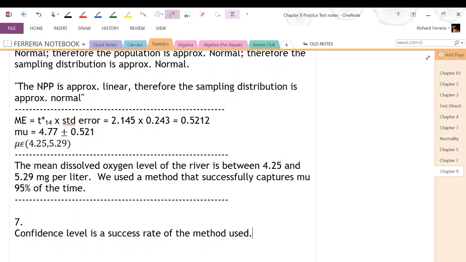There's a 95% probability that we captured the mean, not 95% that the mean is between these two numbers. So what would be like the correct statement using all